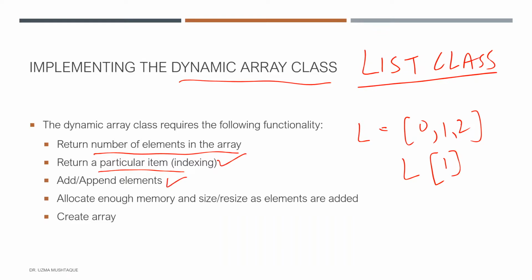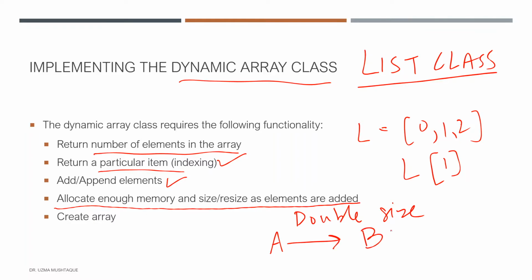We should be able to append elements, right? And then internally allocate memory and size based on whatever knowledge we have right now of that allocation. So two things will happen. First of all, double the size, right? So every time the allocation happens, just go ahead and double the size of the list. And then also, for example, if the initial list was A, assign all the elements to B, which is a bigger list of twice the size. So these are the two things that we need to do internally, and maybe the user doesn't even need to bother about it. Okay, so let's do that.